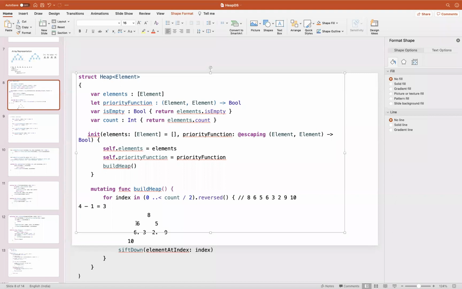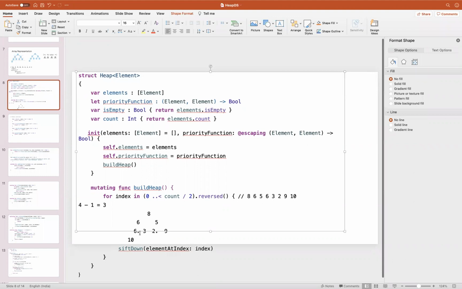From here, I have to do the shift down operation so that I will be able to achieve the max heap property, or any heap property, meaning either the property which has been passed. So I will check 6 and 10, is it properly done or not? It is not, because right now 6 is smaller than 10. So 10 will come up, 6 will go down. Again, 6 and 6 are not matching. So this will become 10.